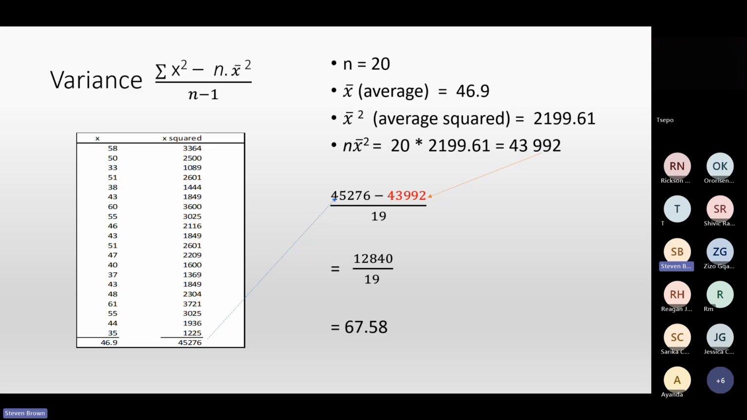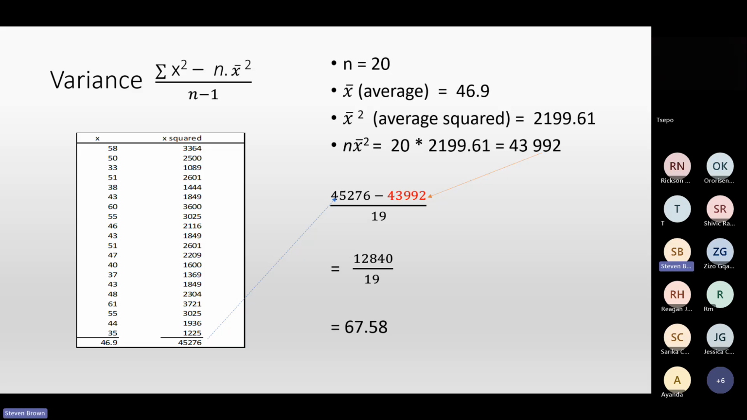So let's do this side of it first, then that side. What have I said to you? Take each x, square it. 58 is squared, 50 squared, 33 squared, all the way down. Then and only then do you add it. So that is your 45276. That goes there, minus, class,